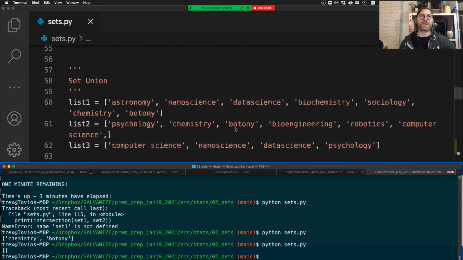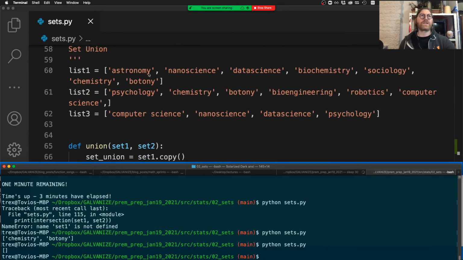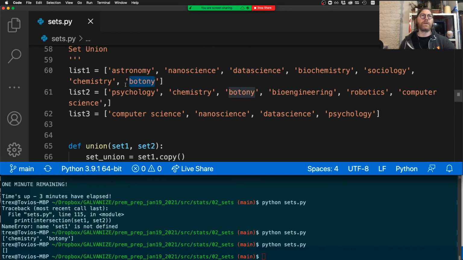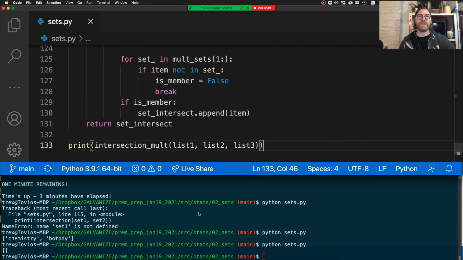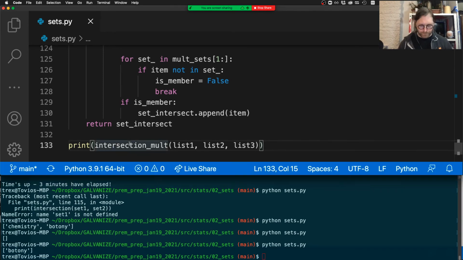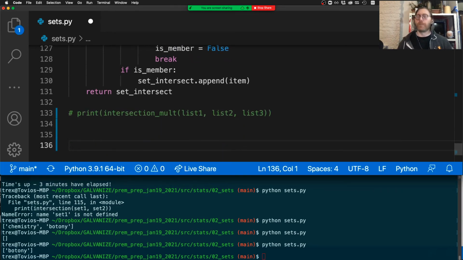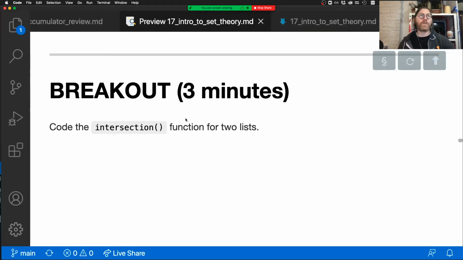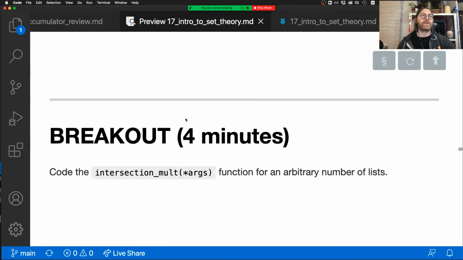I didn't, or it doesn't look like I did. So let me modify this slightly. What's something that exists? Let's do botany. Let's just put botany into this third one, and now we should see botany as the intersection of all three of those. And we do. Awesome. Okay. So the next thing we're going to look at, the next operation, is